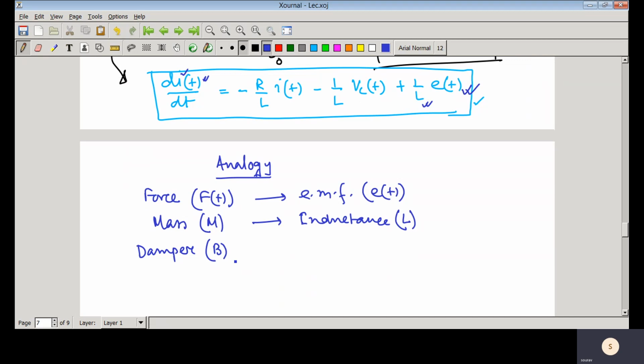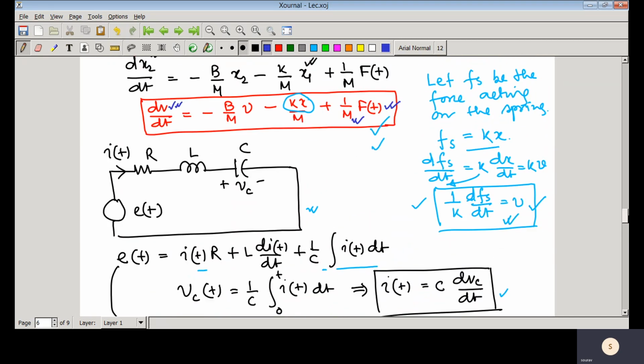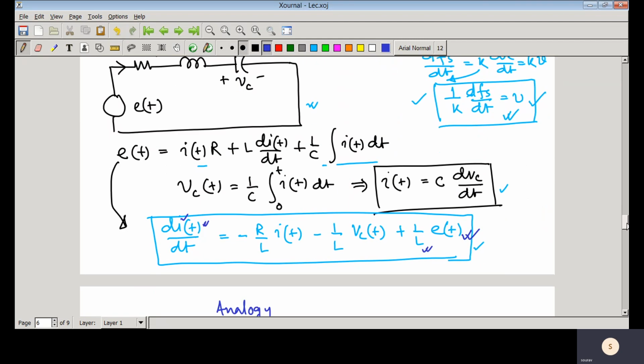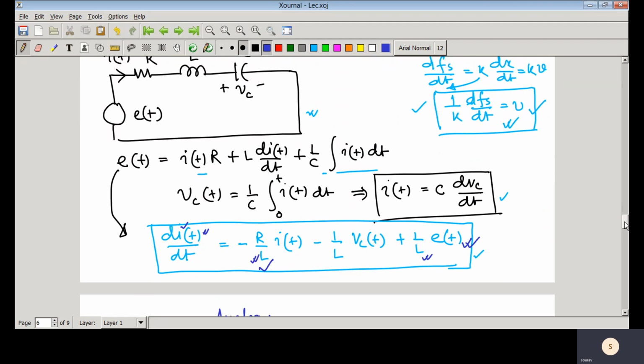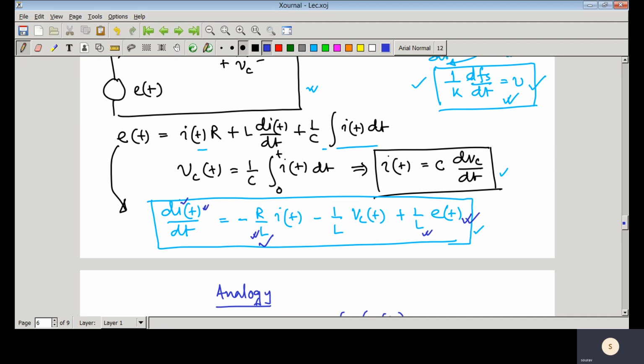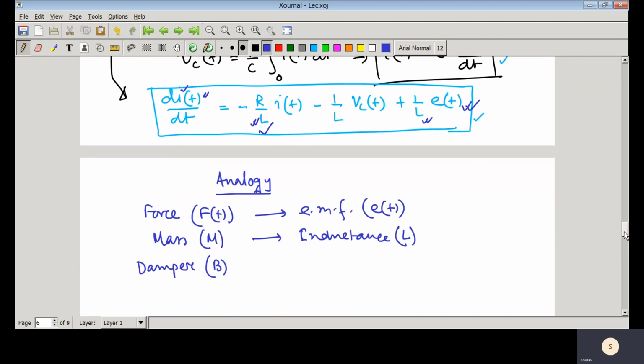Similarly, the damper, that is B. So where is the damper here? Here you can see B/M, and here R/L. As we have seen, L is nothing but M in the mechanical system. So the damper is equivalent to the resistance in the electrical circuit. So the damper and the resistor in the electrical circuit are analogously equivalent. Now the spring,